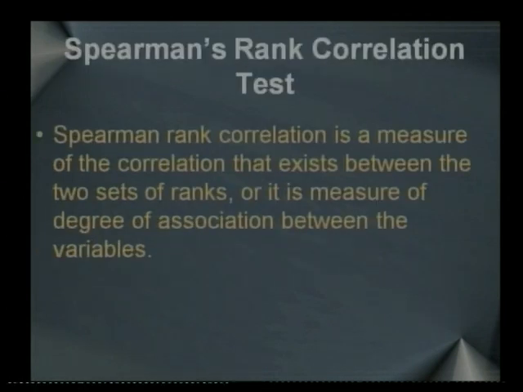Now next comes the rank correlation coefficient. First we took the sign test, then the run test, then ranks. Now here comes the main test, the Spearman rank correlation coefficient. For the Kruskal-Wallis test, or if we want to know variability, we apply the F test, U test, etc. Now, if we want to know the relation or association between two variables, then what will we do? Here the next test is the Spearman rank correlation test.